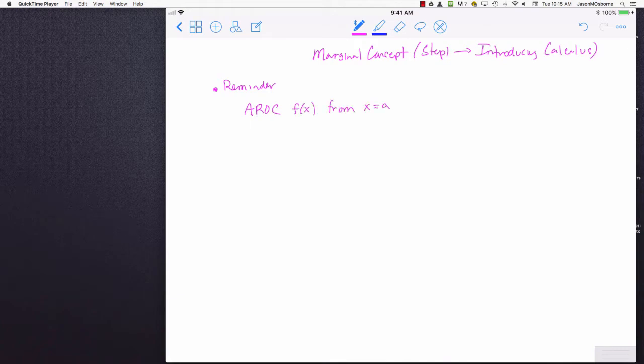from x equal to some value a to x equal to some value b is the function evaluated at b minus the function evaluated at a, divided by b minus a. This is the average rate of change of the function. Okay. You can specialize this definition to business,